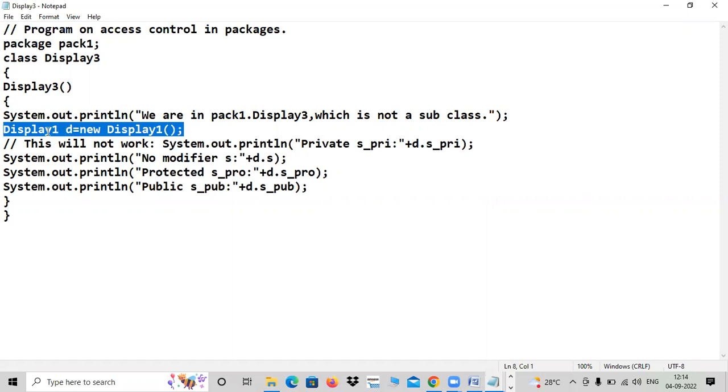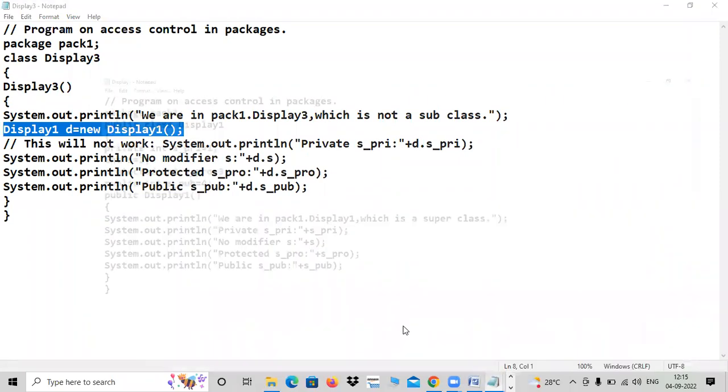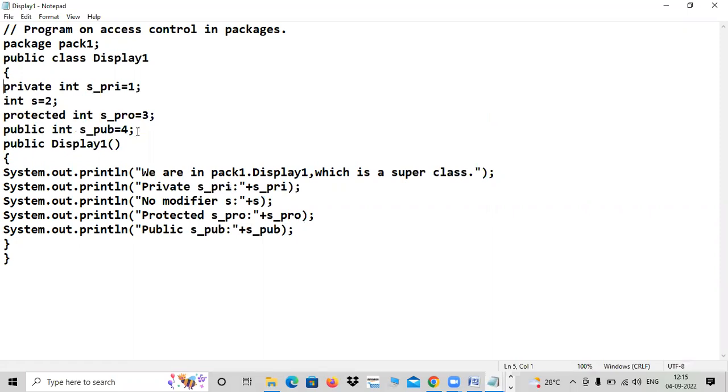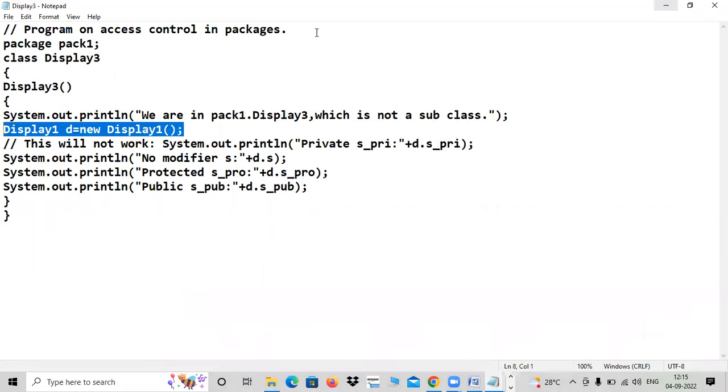And again, in display 1 there is a constructor. Again the constructor is invoked. That's why you will get output twice for display 1. Display 1, is there a constructor or not? Yes, the constructor is there. That is also invoked. This is invoked another time. First time it will invoke anyway when you create an object for display 1 in the main method. But other than that, in display 3 also you created an object. So it will be invoked. Display 1 will be invoked twice.